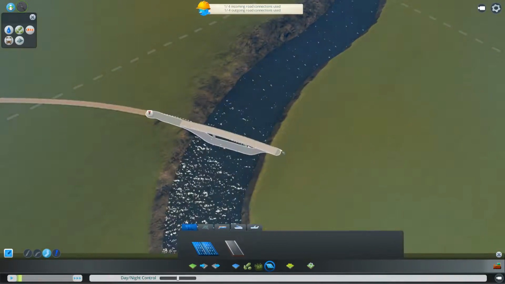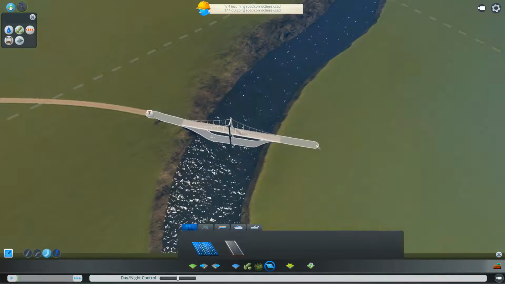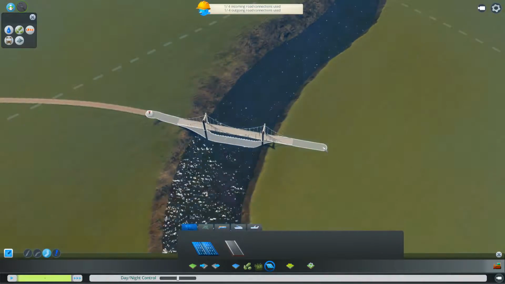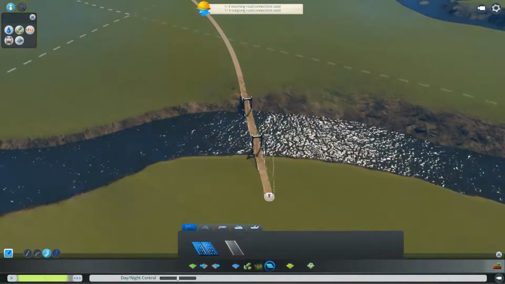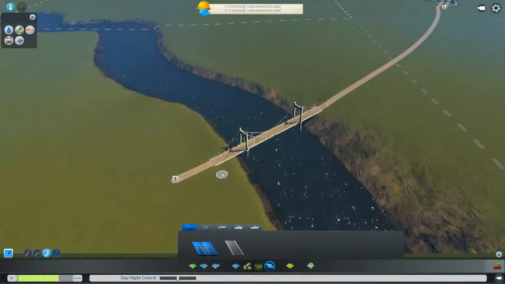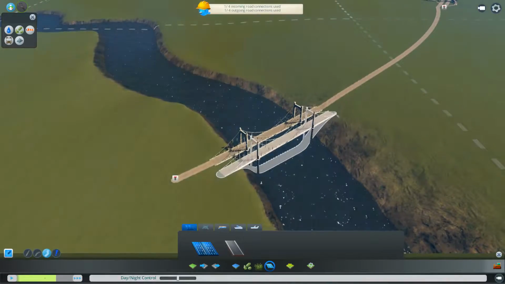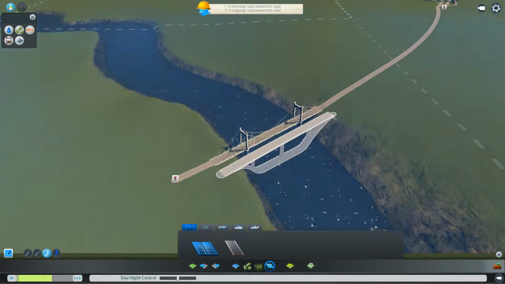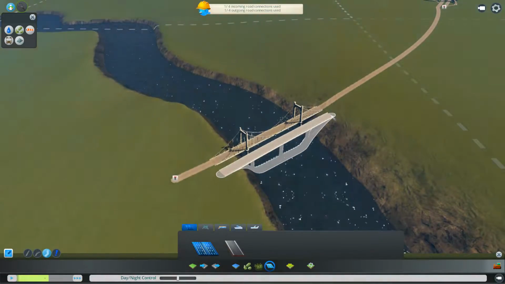And then see if we can get a nice double bridge here. I think another good tip when you're laying in highways like this is, if you're going to build a bridge, try and, because obviously they're going to be side by side,